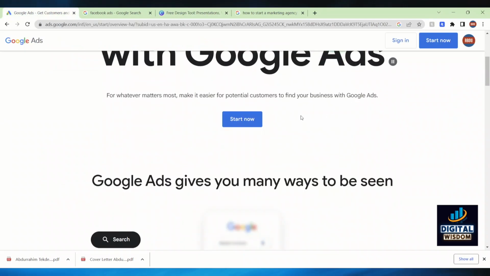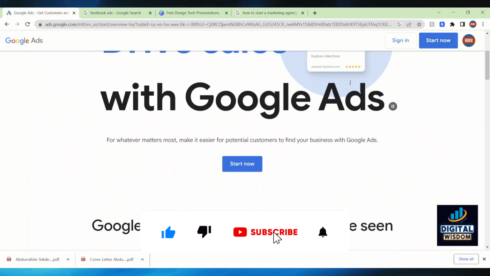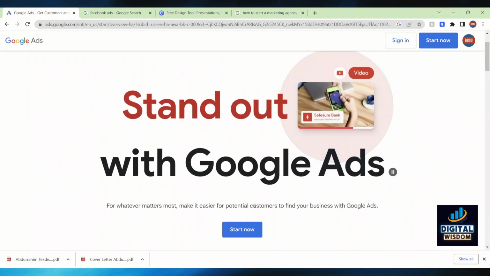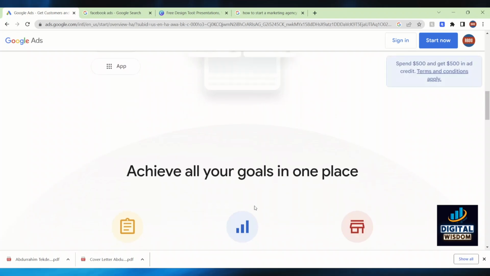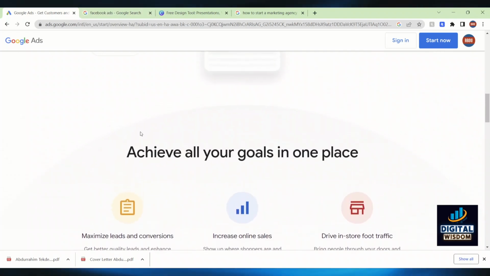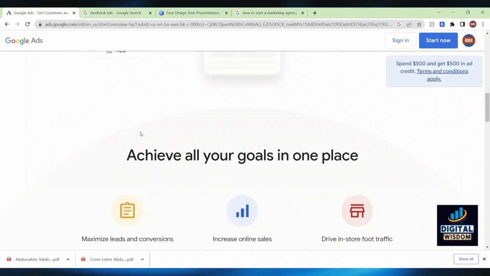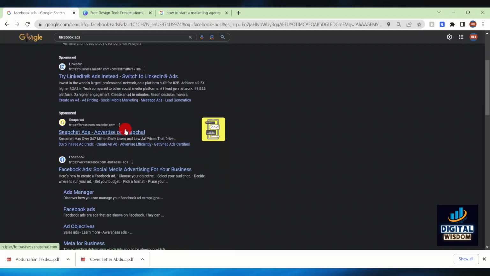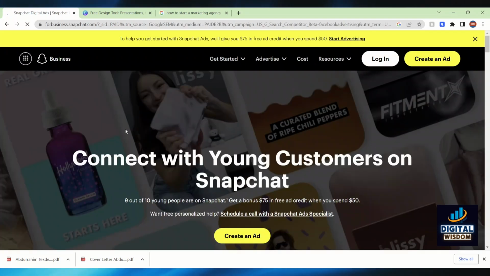You can click on Google Ads. You can create an account, which is very simple. You go ahead and click on sign in, and then it will tell you the demographic data and more. For example, it will literally show you how to create a better plan. So it's all automatic nowadays, and you can also create Facebook ads and Snapchat ads, since most sneaker people will be on Snapchat. So you can click on create an ad, and then you can create the ad for them.